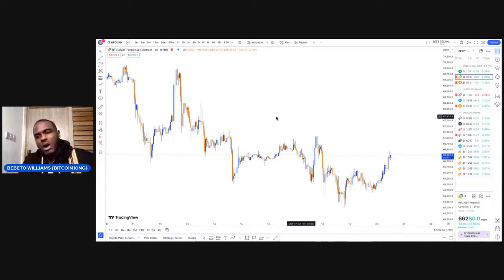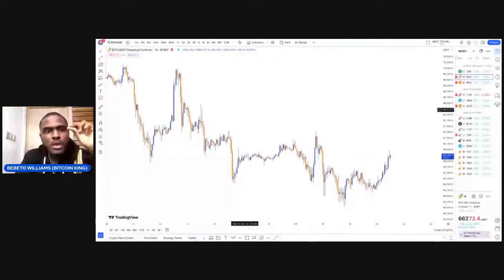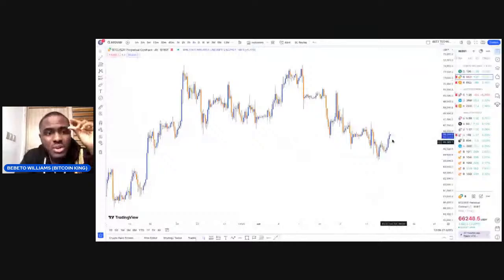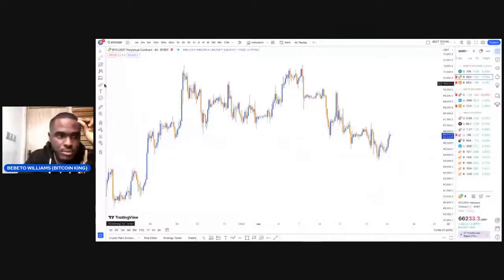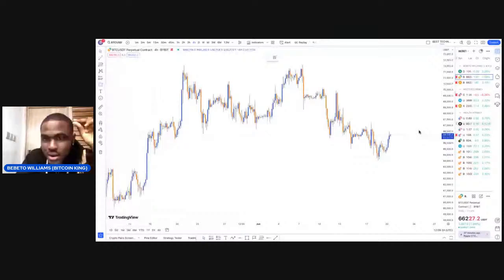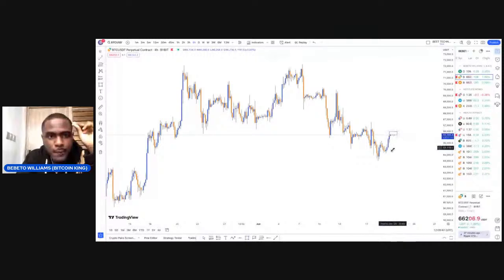Just how do you go about it? So now, what you have to do is very simple. The only time that I will go in for a buy is if markets start giving me a reason, a pattern around this area here on the 4 hour time frame. The markets are giving me a pattern to buy on the 4 hours time frame. It is a clear sign to buy.